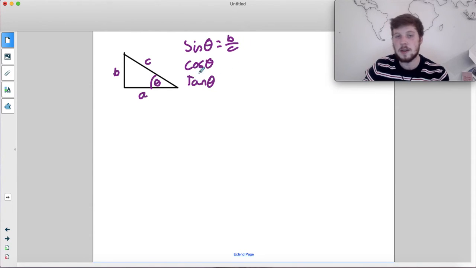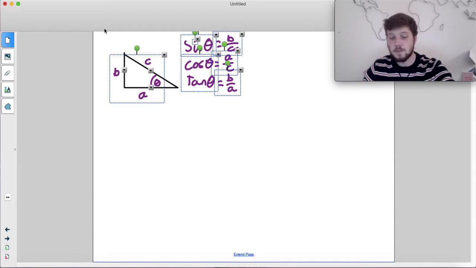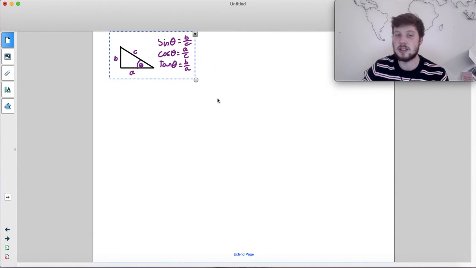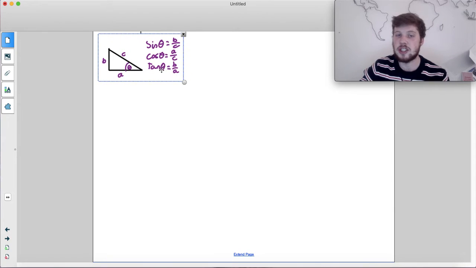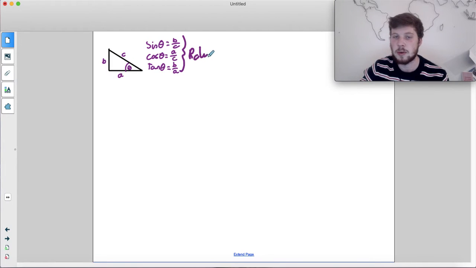Cos theta would again be the adjacent over hypotenuse, so that would be A over C, and tan would be the opposite over adjacent, so B over A. Now, what we've done here is we've defined our sine, cos and tan to be ratios of a right angle triangle. So these are all defined as some sort of ratio,